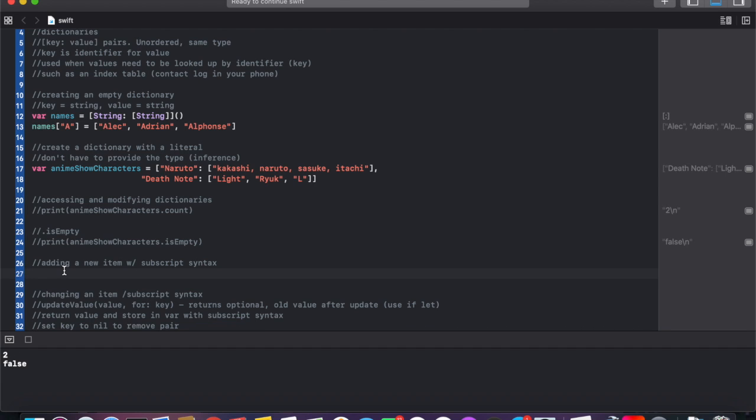Now we're going to add a new show characters, and let's add Full Metal Alchemist Brotherhood, and the characters in that show are going to be Edward, Alphonse, Colonel Mustang, and Winry. All right. And so now once we run this,